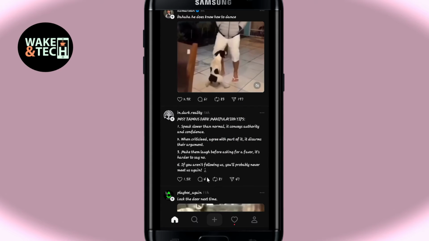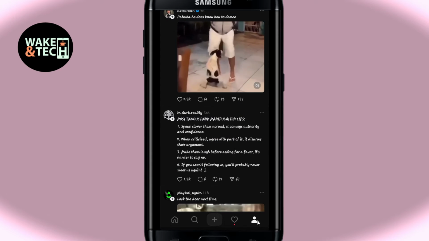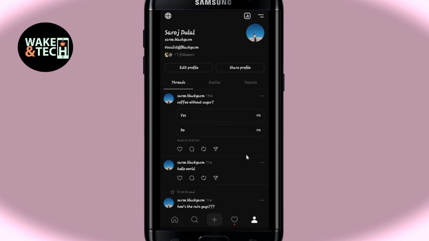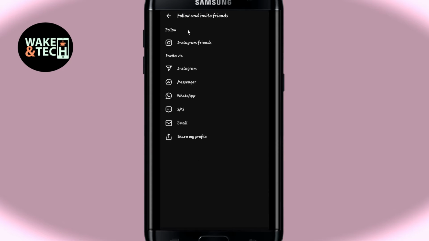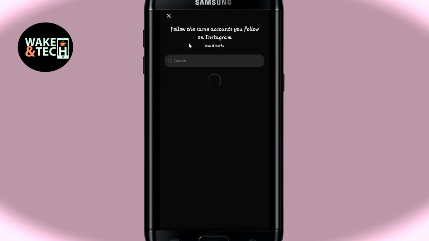Now, if you wish to add any friend, then simply tap on the account icon at the bottom right corner, which will now take you into your profile page. From here, tap on the menu icon at the top right, and you will now see the follow and invite friends option. Go ahead and tap on this, and you can now use the Instagram friends button in order to